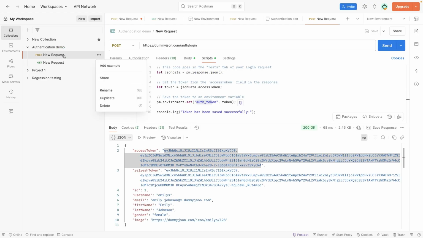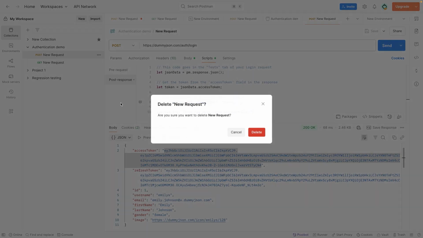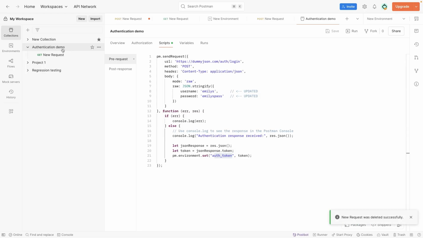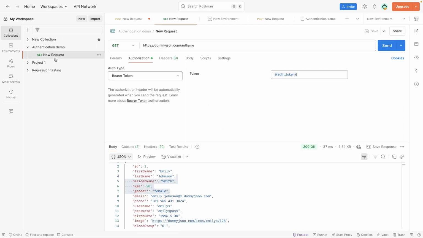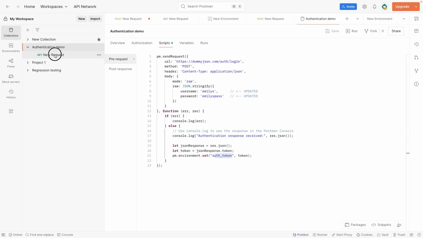So we no longer need this extra step. So I can delete this, because essentially what this collection script does is it executes the script. Whenever you might have 5, 10, 50, 100 requests under this collection, whenever you run any